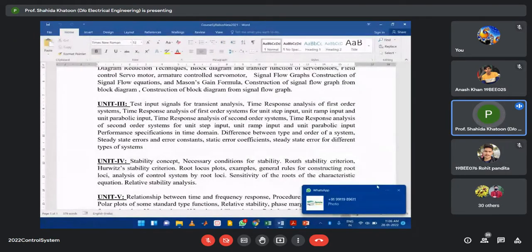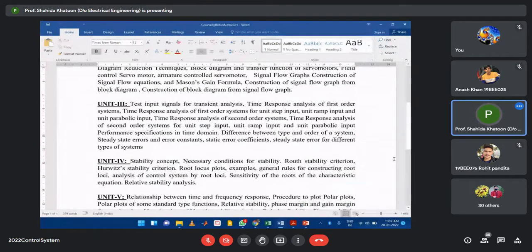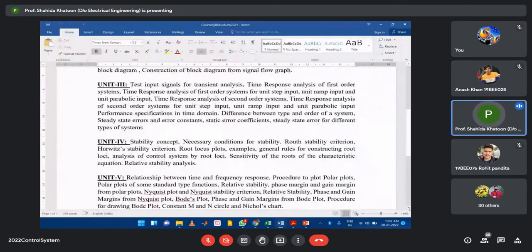Then we will define the performance specifications in time domain, difference between types and order of a system. This is very important. Steady state error and error constants, static error coefficients, steady state error for different types of systems. In unit 4, we will introduce the concept of stability, necessary condition for stability, Routh stability criteria, Hurwitz's stability